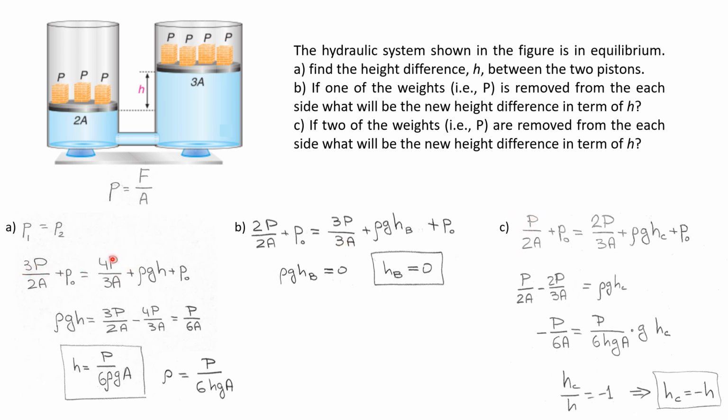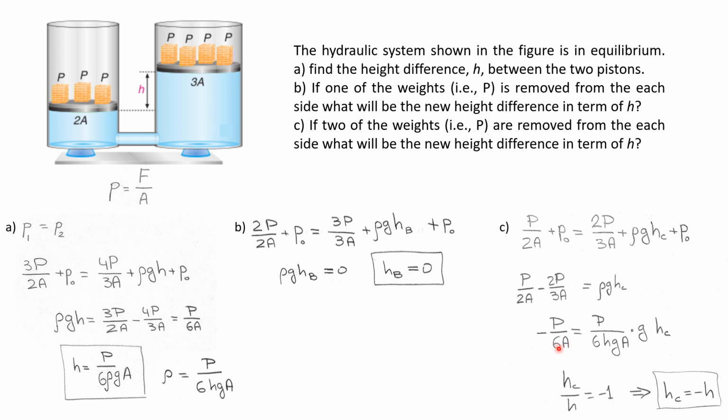And if I remove 2P from here, it's just going to become 2P. So P over 2A and 2P over 3A. And everything else is the same. Just instead of H, I'm going to use H sub C, meaning height for part C of the question. Okay, so that's just the notation I'm using. Again, P naught cancels out. I move it to the other side, and I have rho GHC equals P over 2A minus 2P over 3A. And if we work this out, it's going to be